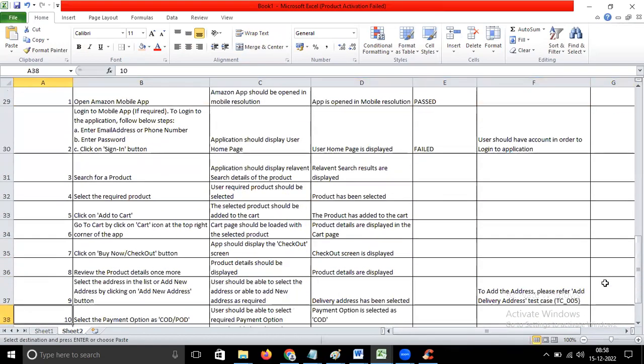Okay, open Amazon application. So here is the first invalid detail that we can provide. Select the address in the list or add new address by clicking on add new address. User should be able to select the address or able to add new address as required. So the selected address is invalid or